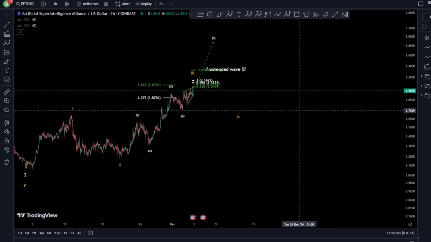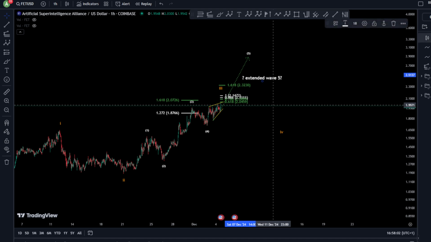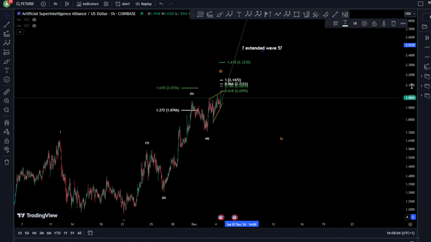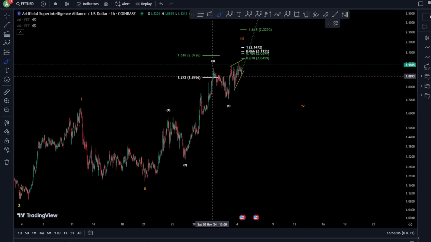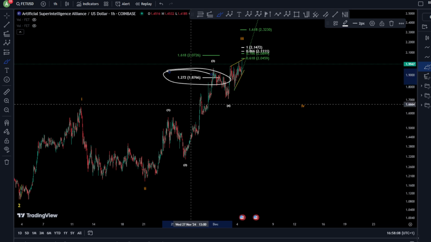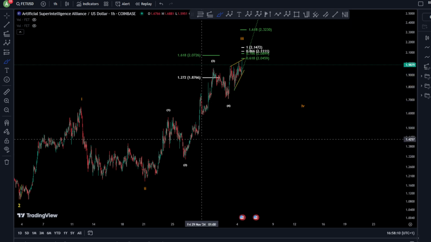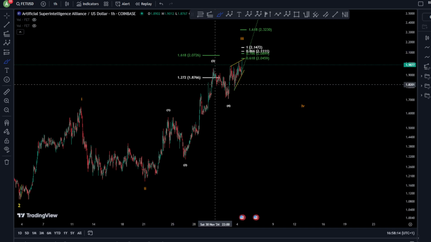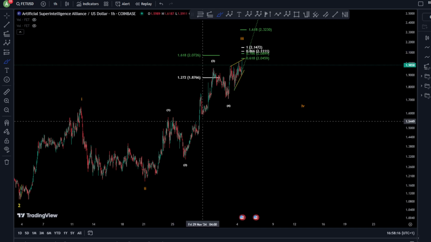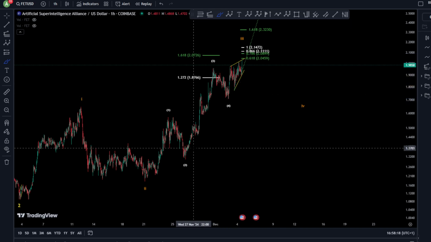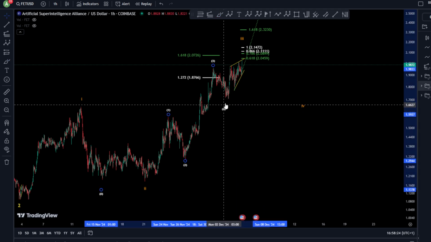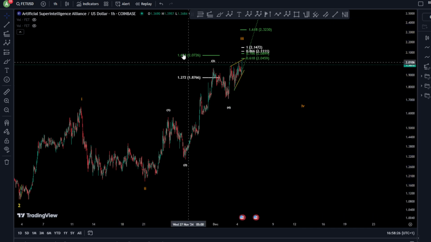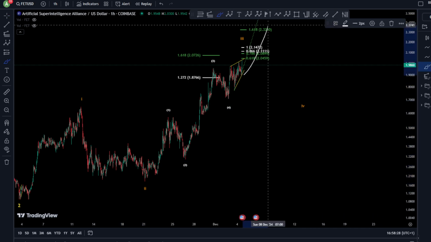Now, yesterday, if you remember, I left this mark: are we going to have an extended wave 5? And that is because we did not reach a very nice fib for your wave 3. It's a very shy wave 3, by the way. We did not reach the 1.618. And now we have kind of an ending diagonal. In this ending diagonal, after a wave 4 here, probably, we would like to see an extended wave 5.